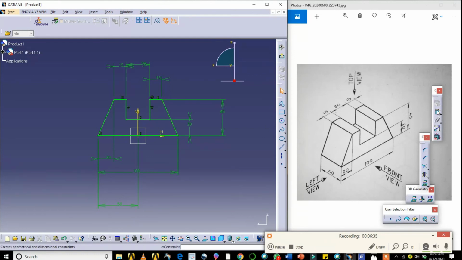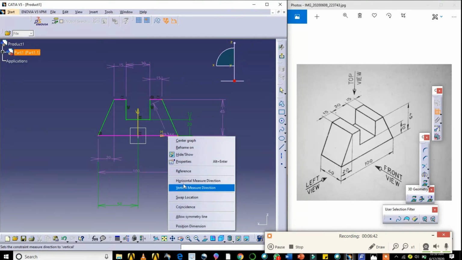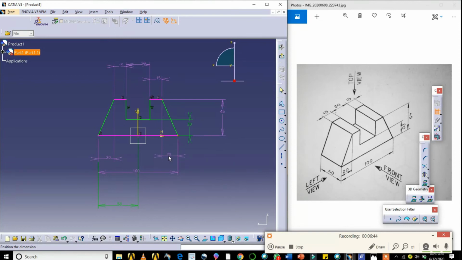You can see in the dimension part, if I try to dimension this, it is 20 mm in the horizontal direction. So don't give this dimension because it is already 20 mm, and if I give a dimension of 20 mm here, it will become over constrained. So you remove this. Now this sketch has been fully constrained because it has turned green.